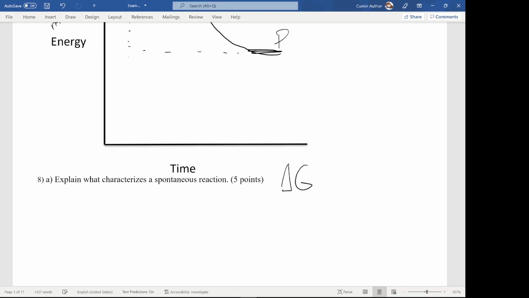And I'm not sure how detailed this went in, but we have this number G. And if this number ends up being negative, then we have a spontaneous reaction. And the reaction is the change in enthalpy, or heat, minus the change in entropy times the temperature. So those are the three things that will characterize a spontaneous reaction. Anything that makes the Gibbs free energy more negative. So therefore, it'd be a negative enthalpy, or a release of energy,